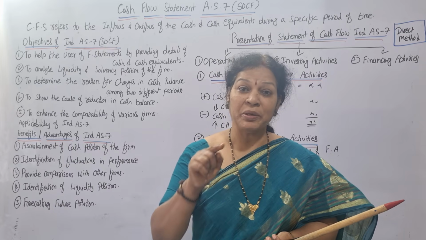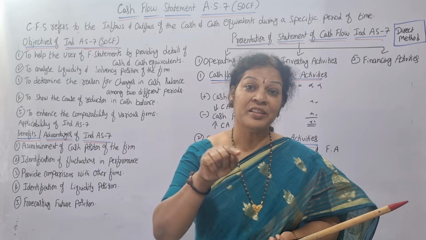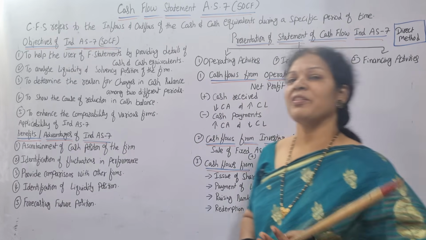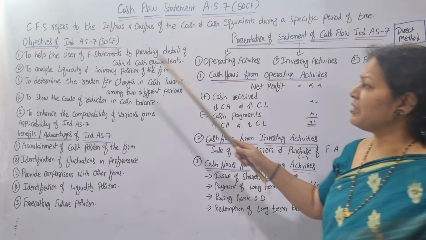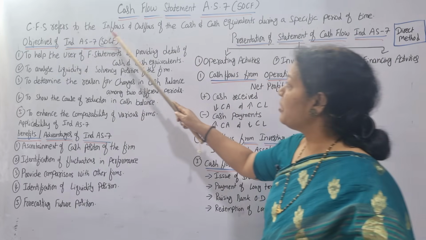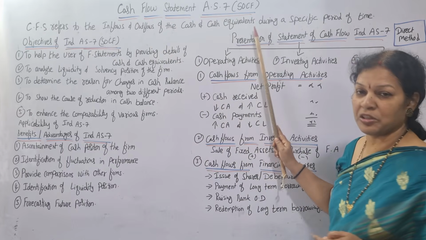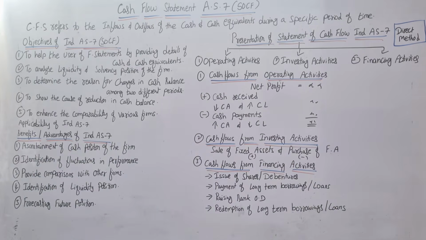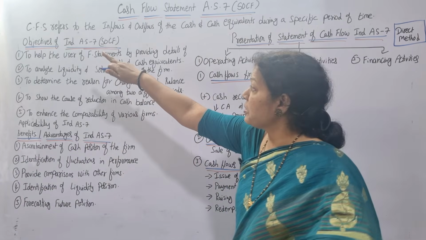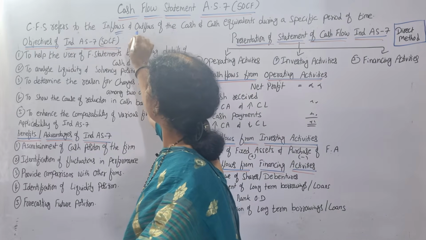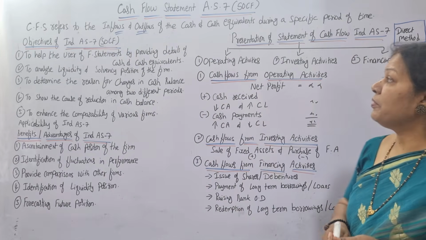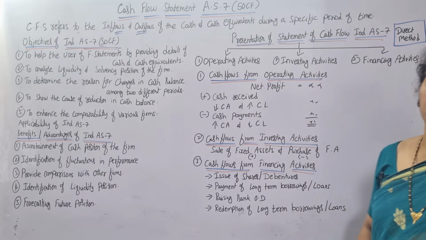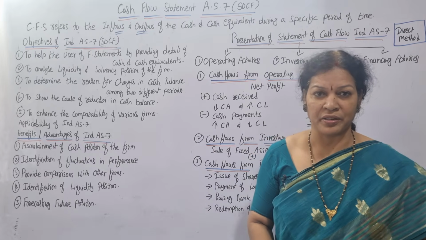Now, cash flow statement preparation according to Accounting Standard 7, direct method, we will see in this video. Now what is a cash flow statement? In one sentence we can say the cash flow statement refers to the inflows and outflows of cash and cash equivalents during a specific period of time, generally 1 year,